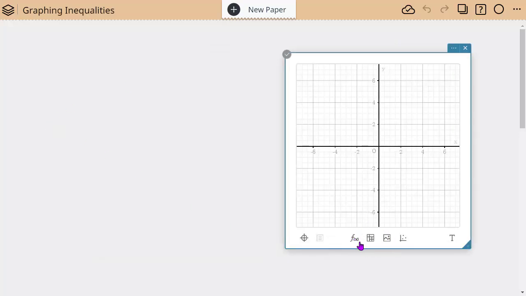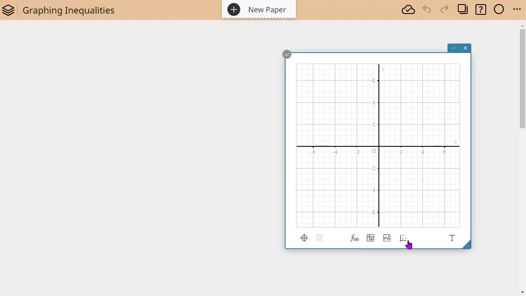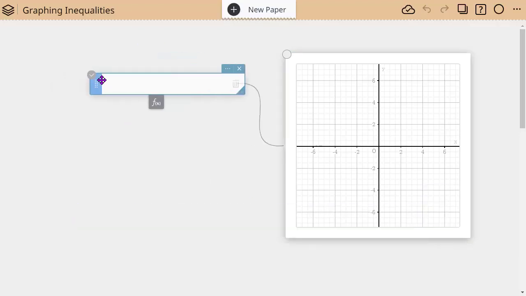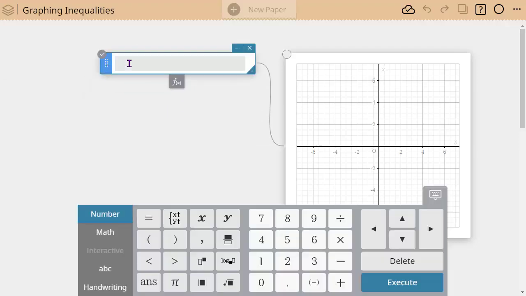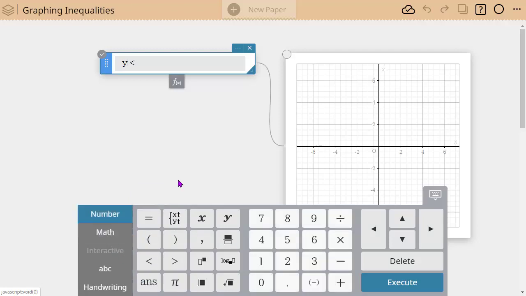And down here at the bottom, I can either enter the inequality as a table if I wanted to enter it with data, or plot some points, but we're going to use the graphing where we actually just put in the inequality. So I'm going to just make up a simple one. So y, and to get the less than or equal to, you'll notice right here on the soft keyboard that pops up, here is my less than and greater than. If I want less than or equal to or greater than or equal to, they're down here. So let's start with just less than, just so you can see the difference. So let's just say x minus 1.